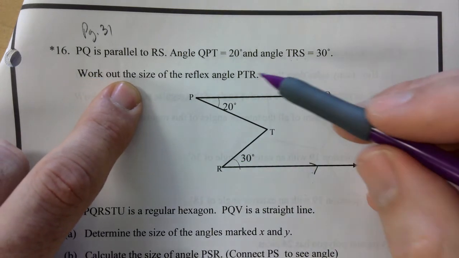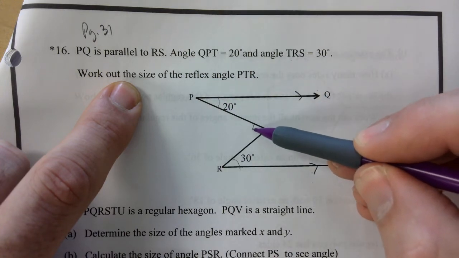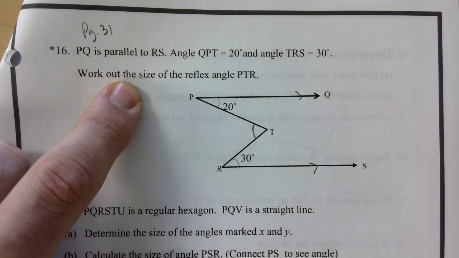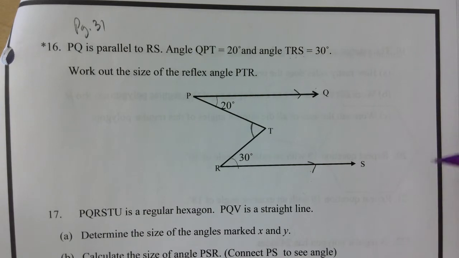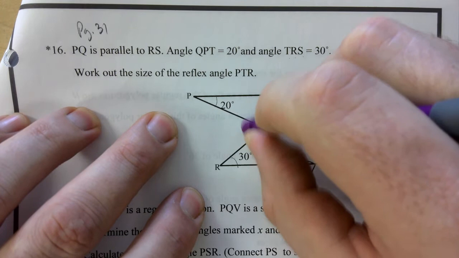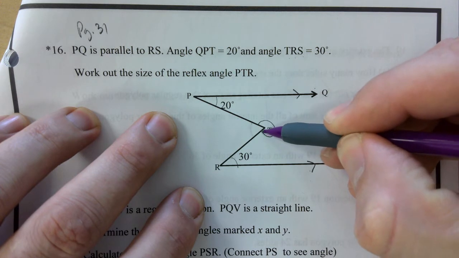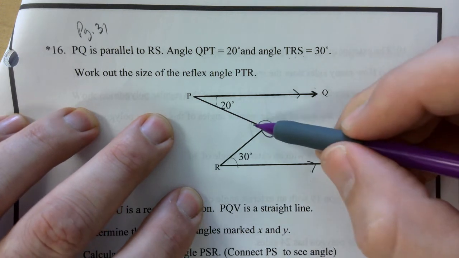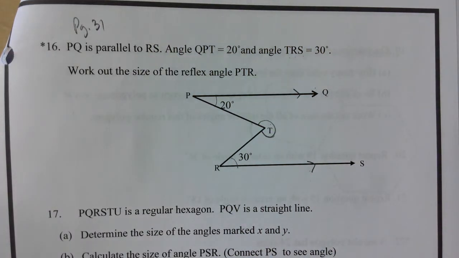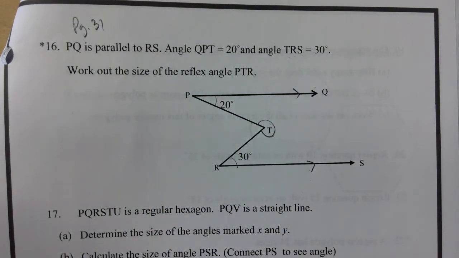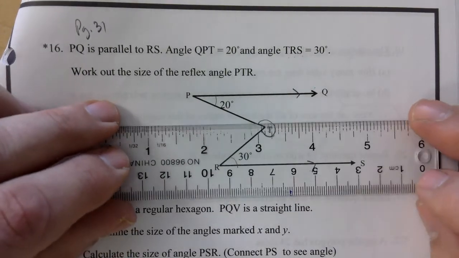Work out the size of the reflex angle PTR, so they want this here. Oh wait, yes, sorry, you are right, they want the reflex. This is what they want. This is what I'm going to work with. They want this one on the outside. I don't know what strategy you used, but this is the strategy I'm going to